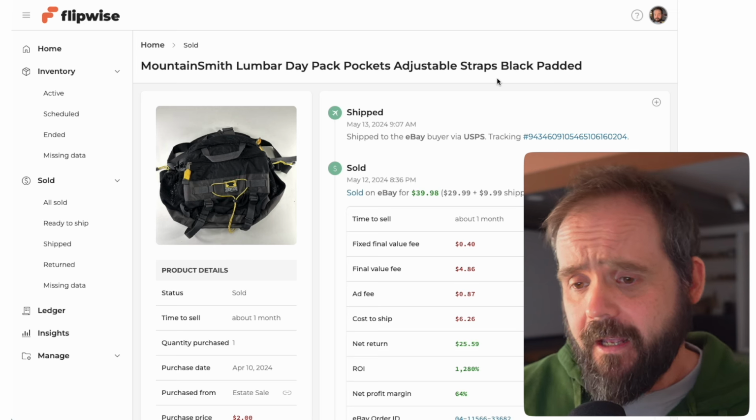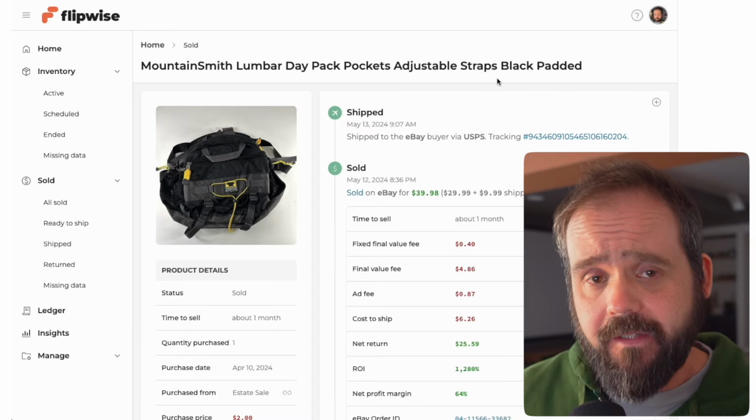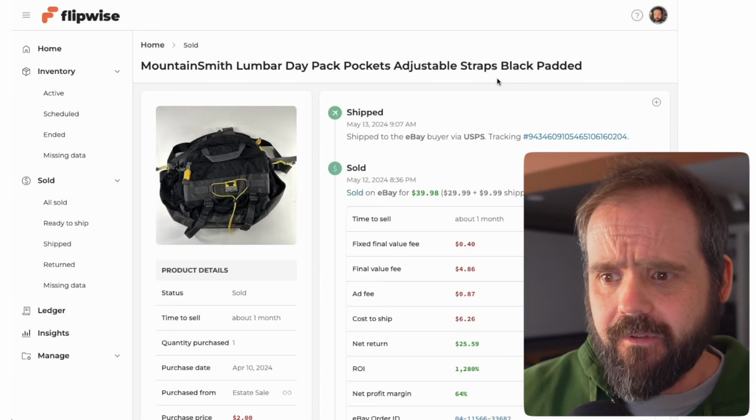Coming in at number 8 is this Mountainsmith Lumbar Day Pack. So Mountainsmith's a pretty good brand of hiking equipment, backpacks, things like that. I got this in an estate sale for only $2 about a month ago. Got a lot of different Mountainsmith